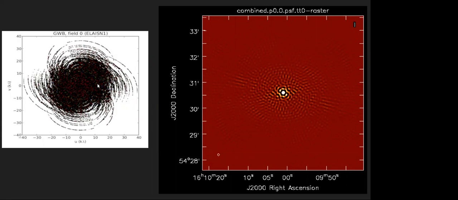Okay, so your GMRT observation will not always look bad. For your data set it is bad because it is a small chunk of data, small bandwidth, and only one scan. However, if you observe the target using wide bandwidth and observe it for, let's say, 8 hours or 10 hours, your UV sampling will be very nice. It is mostly covered, and if you make a PSF image of that, you will get a nice looking PSF.